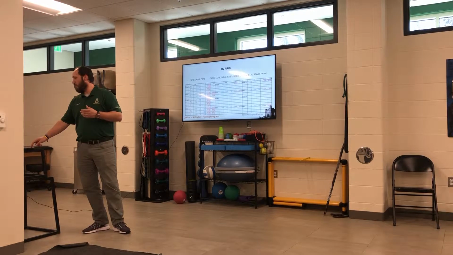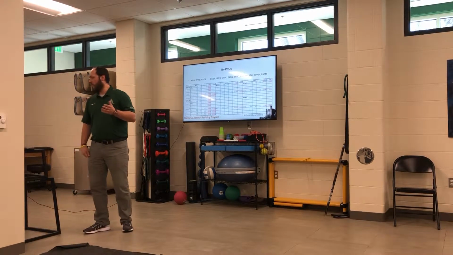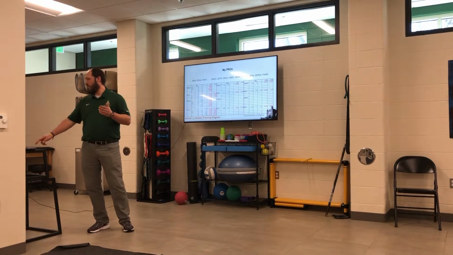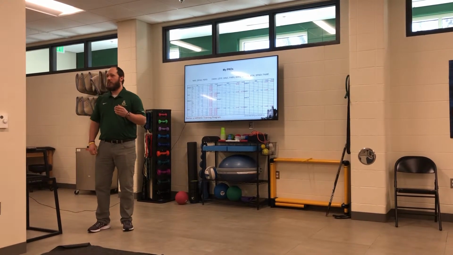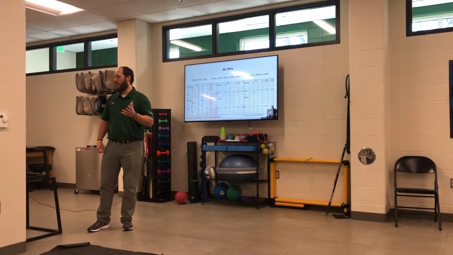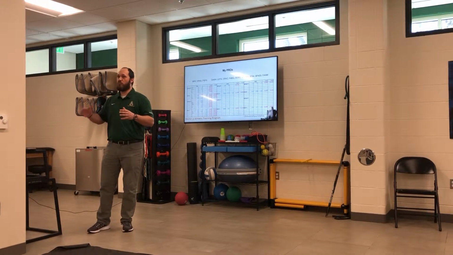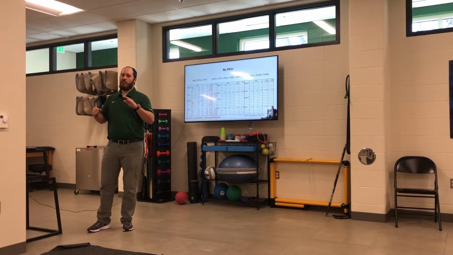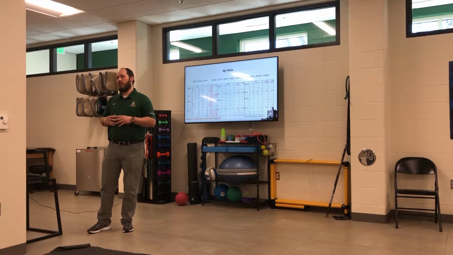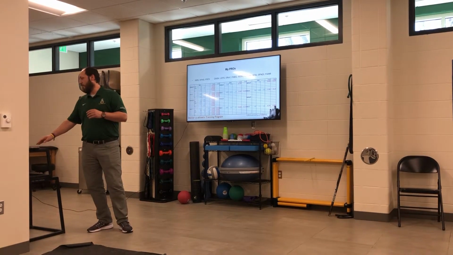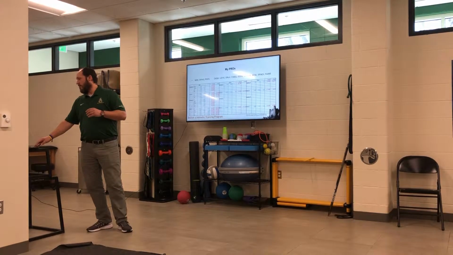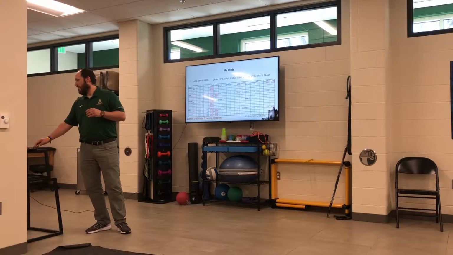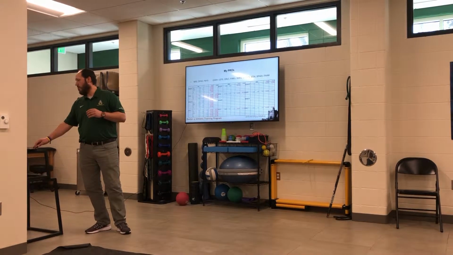The other ones are also functional, but they're more specific. DASH is shoulder, arm, shoulder, hand. Some of these you, I'm sure, know. LEFS is lower extremity functional scale. GROC is a global rating of outcome change. It's more like an NRS, but it's more how much do you think you've improved or not improved. So it starts out at 0, which is nothing's changed, and then you either go negative for I feel like I've gotten worse, or positive for I feel like I've gotten better, and there are different words assigned to that. And then there's some for back, another functional, breathing, another back, anxiety, another upper extremity.